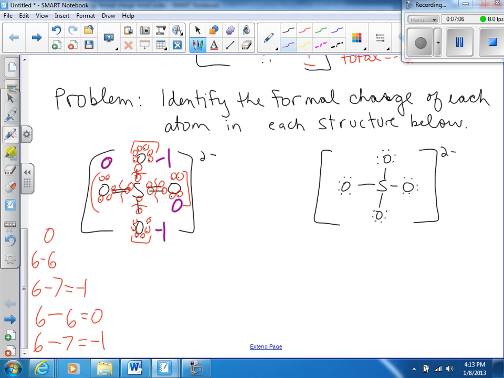So these are all the oxygens. Now the sulfur. Sulfur should have 6 valence electrons. It does have 6 valence electrons. Not only should it, it does. And in this structure, it has 6 electrons around it. So the formal charge for the sulfur in the middle there is 0. That is a huge mess, but hopefully you can see the formal charges for each different atom in that ion,